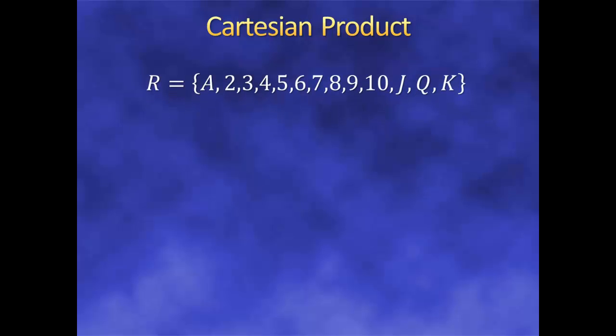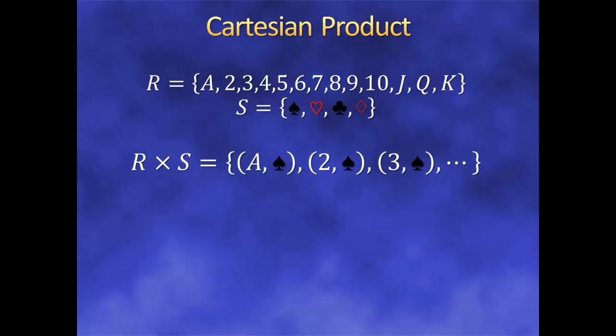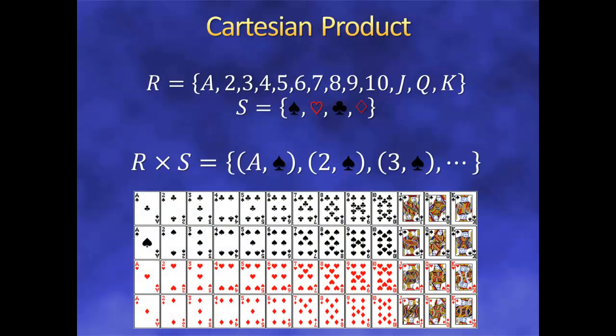Or, for another example with which you may be even more familiar, a standard deck of playing cards has 13 ranks, ace, 2, 3, 4, 5, 6, 7, 8, 9, 10, jack, queen, and king, and 4 suits, spades, hearts, clubs, and diamonds. Suppose we let R be the set of all ranks, and S be the set of all suits. Then the Cartesian product R times S will represent the entire deck of 52 cards, accounting for every possible combination